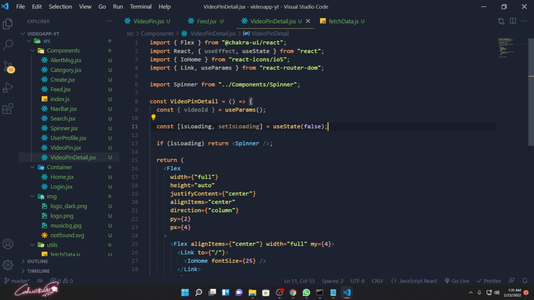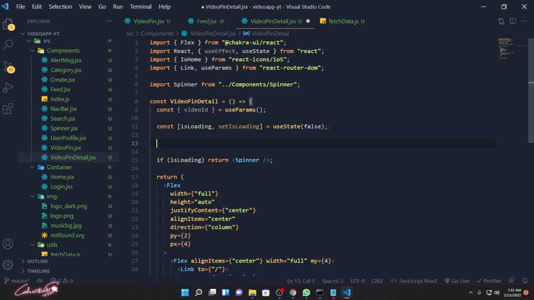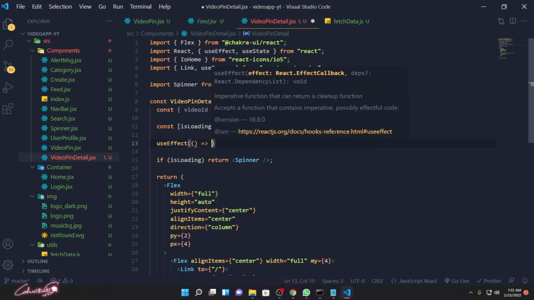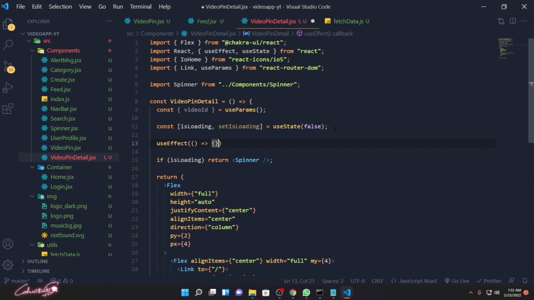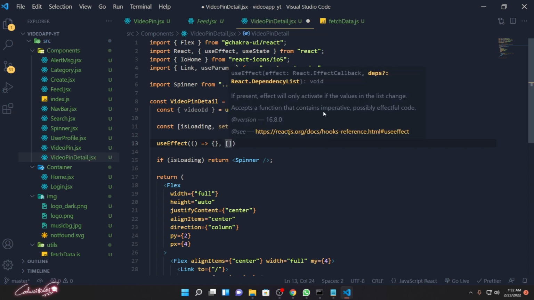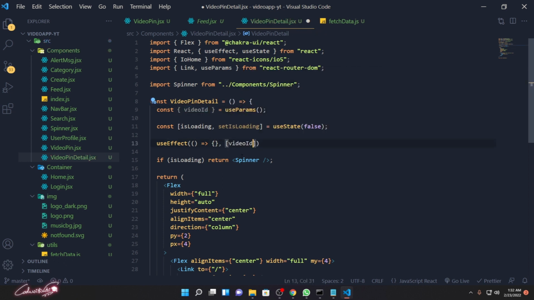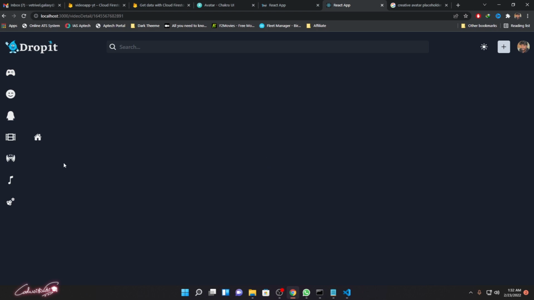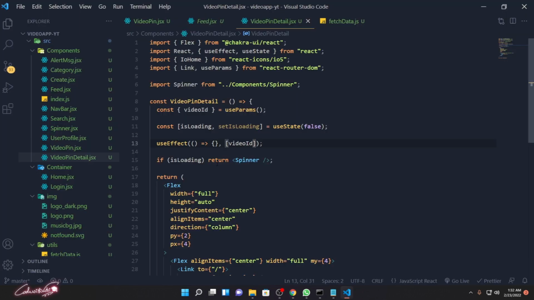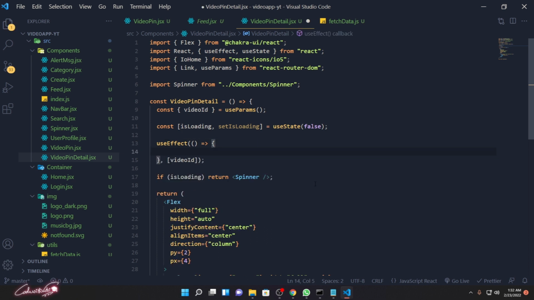Okay, then after here I will create the useEffect, open and close function, and that video ID, if there is anything, this will be rendered. Okay, so I don't know what mistake I made previously, I'm still not sure. Okay, now it's working. Over here, next what we need to do is